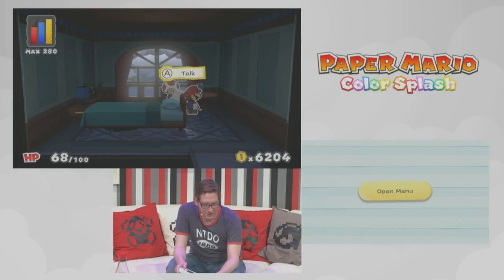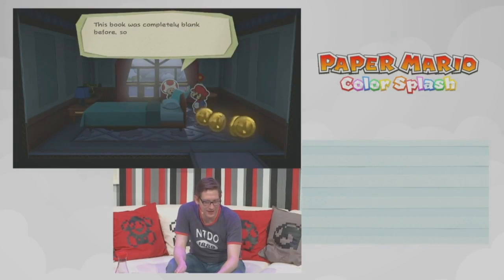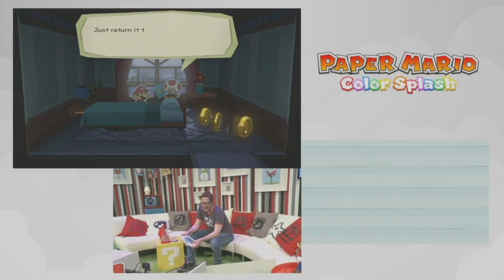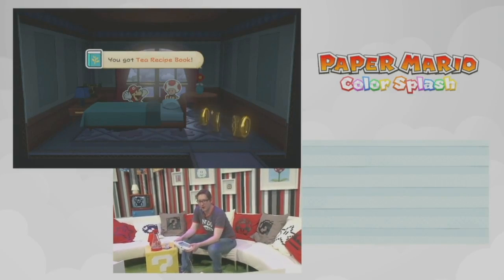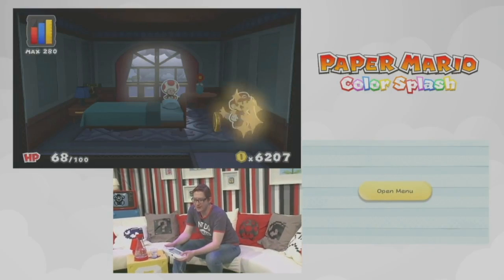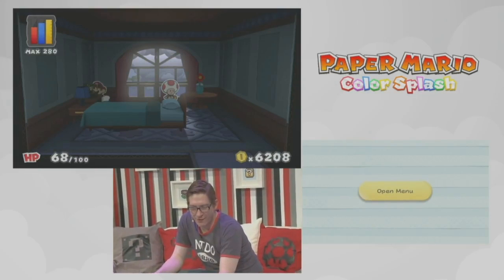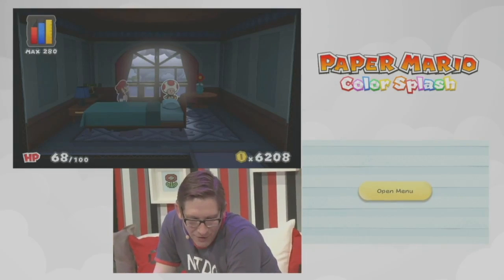Okay, so let's maybe paint the book. Okay, so maybe now we can actually read what it says. Okay. Really boring. So, okay, it's a book from the library on the first floor. I got the tea recipe book. That's quite interesting. Wasn't this the phone that was ringing? Okay. I cannot interact with the phone, but